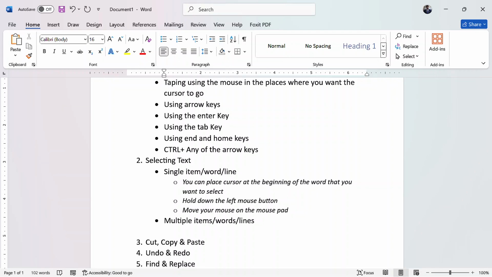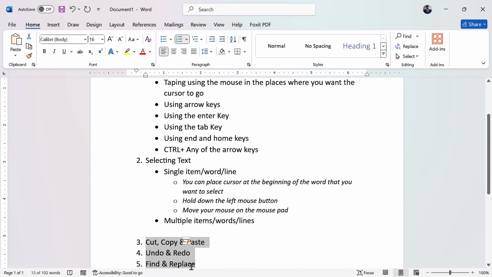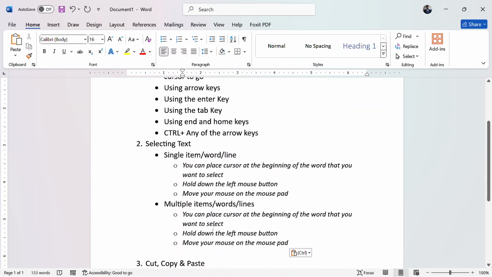When you're moving the cursor over multiple lines, you can use the same procedure, but you keep holding the cursor. The same procedure can work for multiple lines.